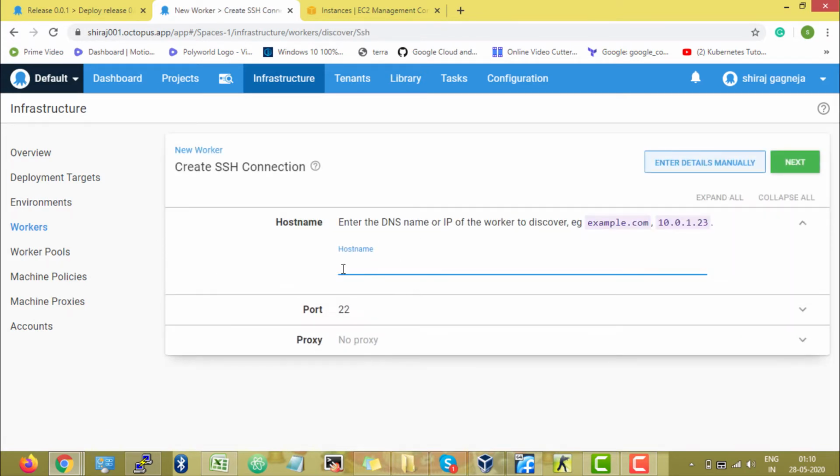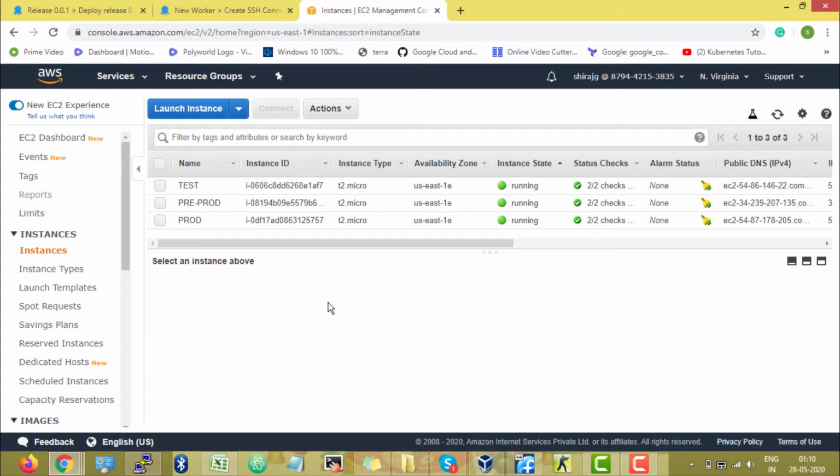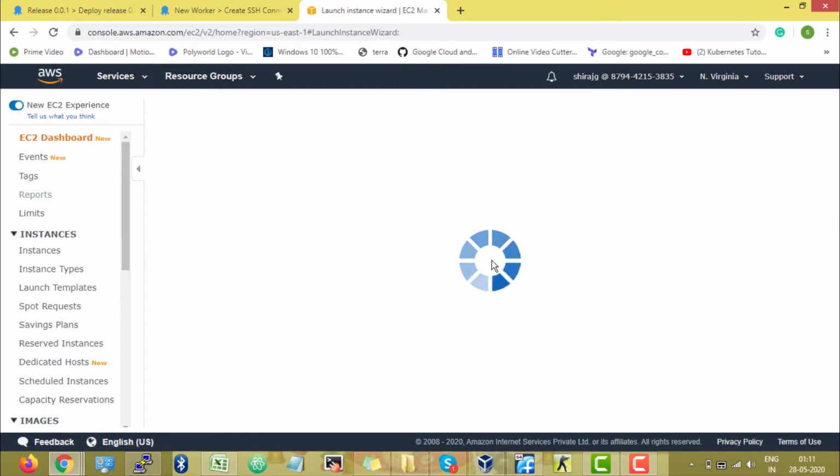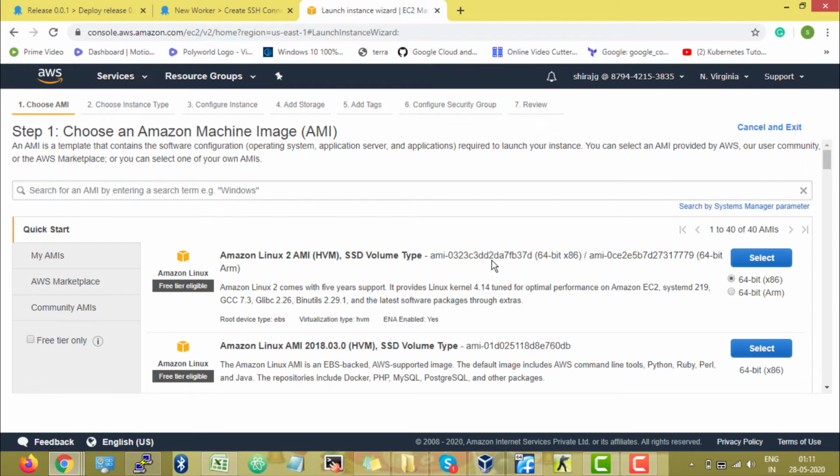Over here you need to define your host name, like the machine IP, which is going to act as a worker in this Octopus Deploy. For this, we need to go back to AWS, where we had already created our test, pre-prod and prod instances. So we're gonna create one more instance, and we're gonna add that instance as part of our worker. So let's click on Amazon Linux 2,